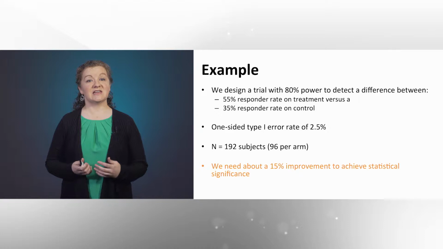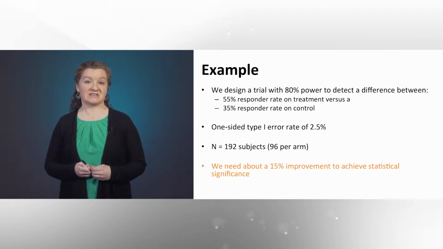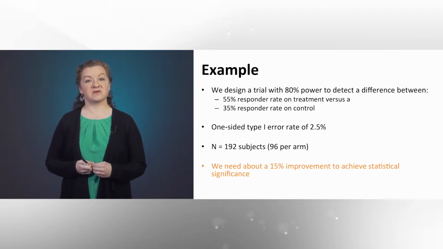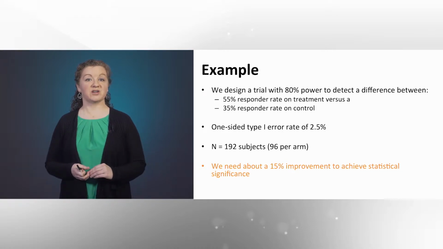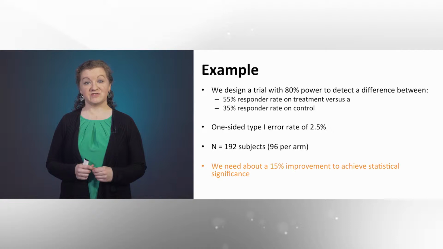So let me put this in a concrete example. Suppose that we're designing a trial comparing a new treatment to a control treatment, and our primary endpoint is a responder rate. We'd like to design the trial to have 80% power to detect a difference of a 35% responder rate on control versus a 55% responder rate on the treatment. So it's a 20% absolute improvement. With a one-sided type 1 error rate of 2.5%, our sample size calculator tells us that we need 192 subjects,